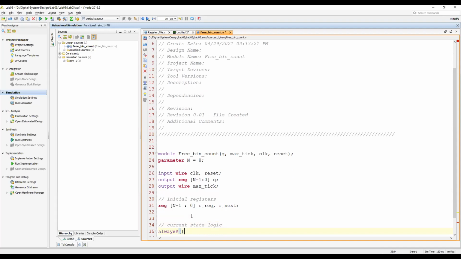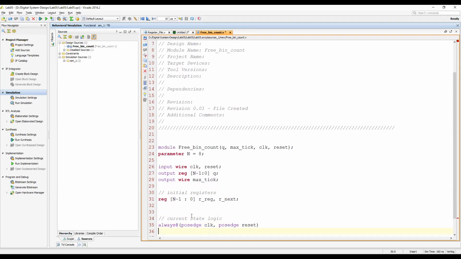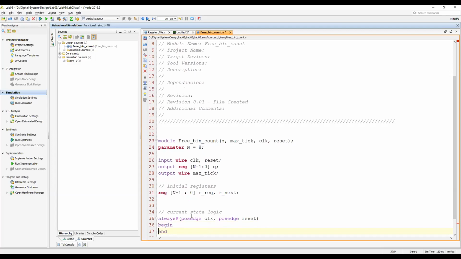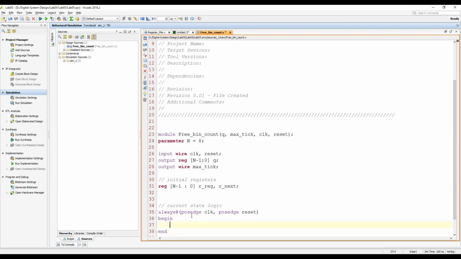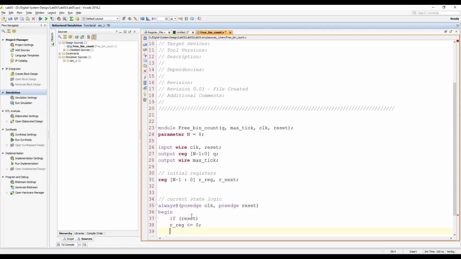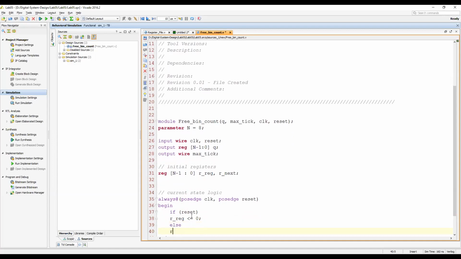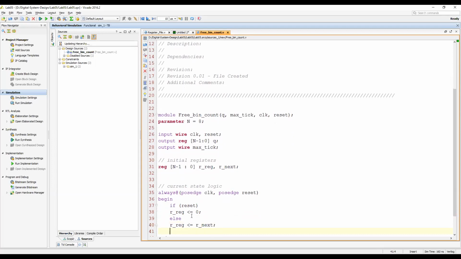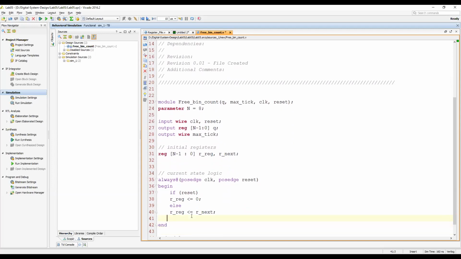So always @(posedge clock, posedge reset) begin, and so let's say if reset, then our R_reg will be equal to 0, else our R_reg will be equal to R_next.